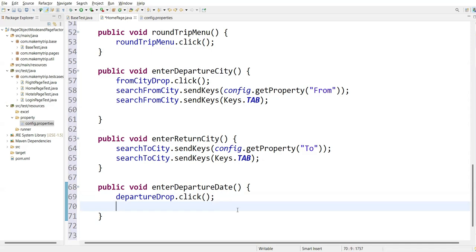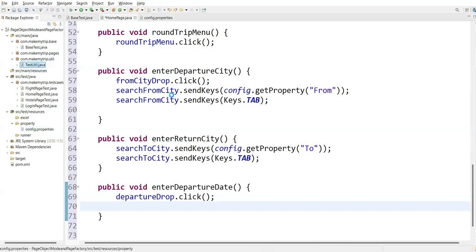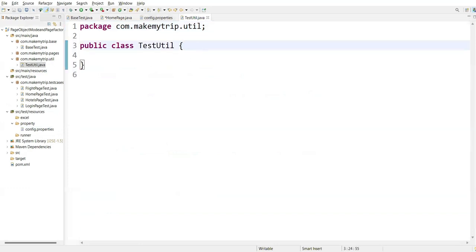So I'll go to that. A common method we can create in our util packages. So let's go over here, MakeMyTrip. Here I just created a test util. Here we can create a method. Whatever the reusable method, we can go over here and create a separate method in the reusable methods. So now the test util package, first we need to